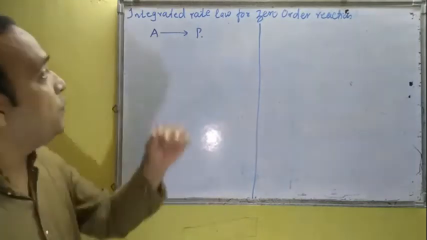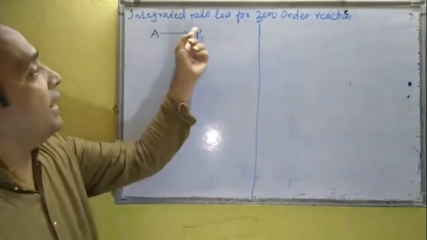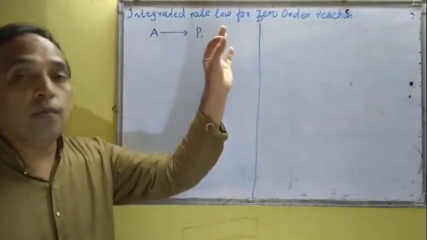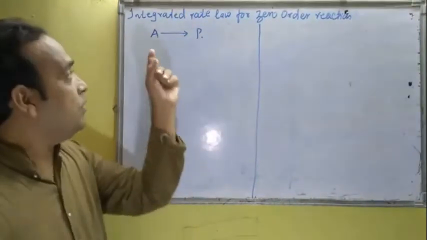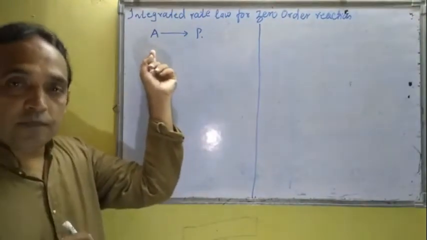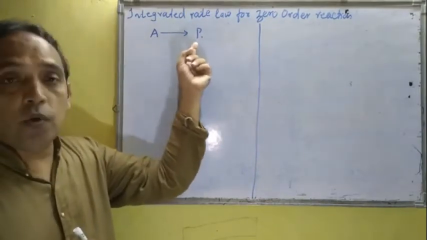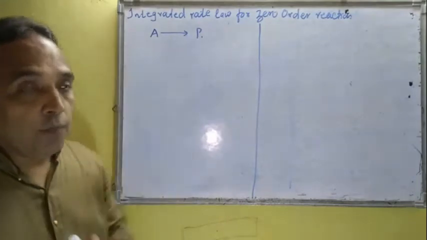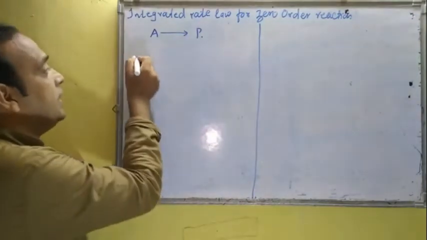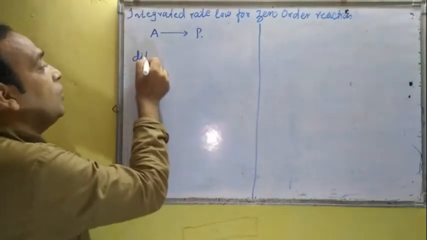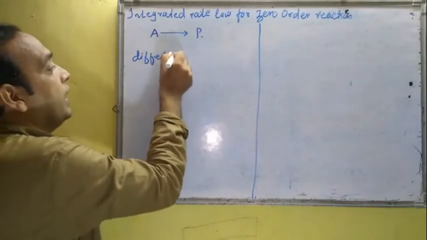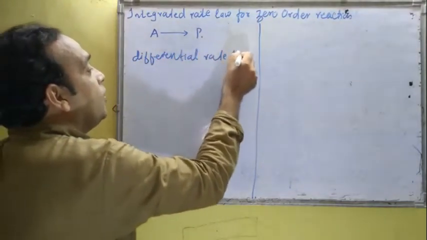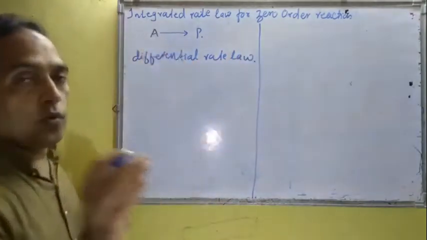Now our today's point is integrated rate law equation for zero order reaction, और हम लोग ये point start करेंगे. Now my simple reaction, A converts into product P. Now A is the reactant and P is the product. Write the differential rate law. Now already we have discussed. अब आप लोगों को सबको आइडिया है.